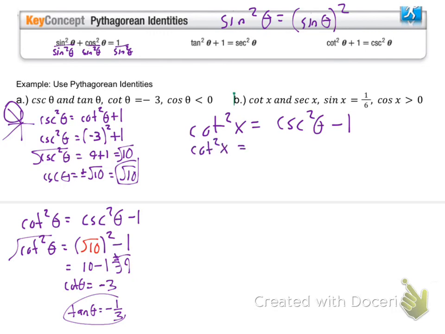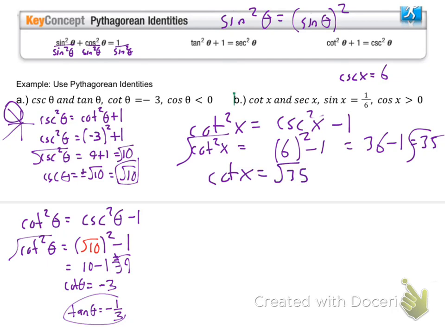cotangent squared x is equal to, now I could change it right now. Actually, you should call those x's, right? Sorry. I should be able to make the leap and say that this is 6, right? Because there's reciprocals. Or instead of writing it as cosecant squared x, couldn't I write it as 1 over sine squared? I think it'd be easier to switch it first, because now it just becomes 6 squared minus 1, which is 36 minus 1, which is 35,